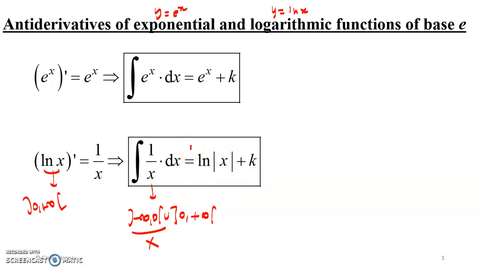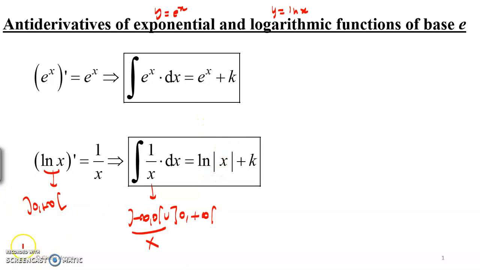Now, if it's given that x is positive, in that case, you could remove the absolute value. But if x is not given to be positive and you're working over the domain of 1 over x, which is all real numbers except 0, in that case,